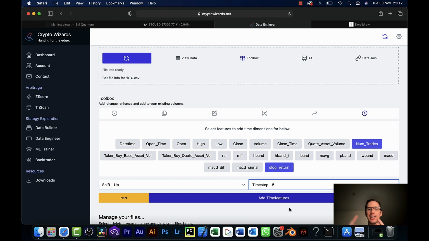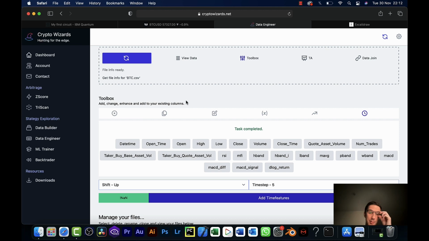And I want to add that into the column features so I can feed that into a backtesting model, into a machine learning model, and have that extra information just in case there's a pattern there. I'm also going to remove any missing values or not a numbers from the data set that we just talked about and just add those in.